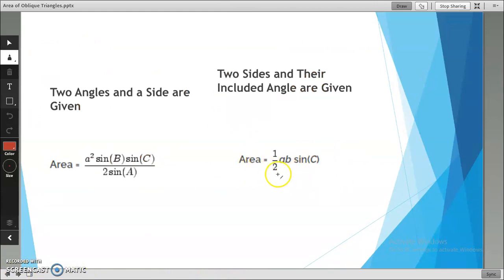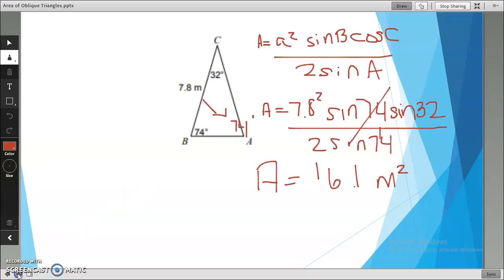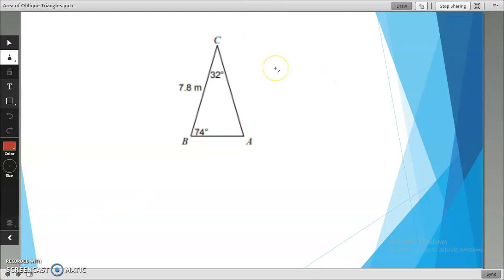Now let's use the second formula. Area is equal to 1/2 ab sine C, and we have to do two sides and their included angle. It says two sides and their included angle are given. All right, so again, we have 32 and 74 as our two angles. We also said that this side angle has to be 74. Well, if this angle is 74, these two are equal, then that means these two side measurements are also equal. So we're able to use that formula